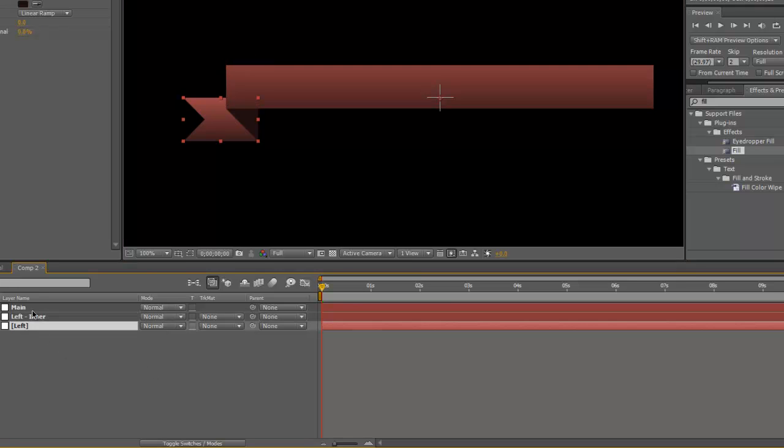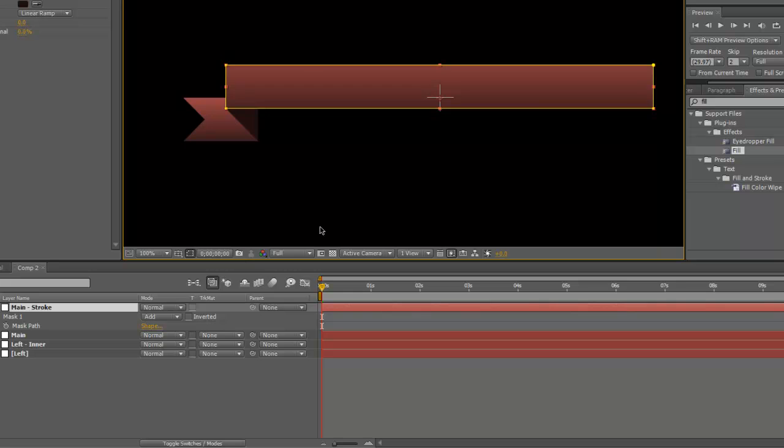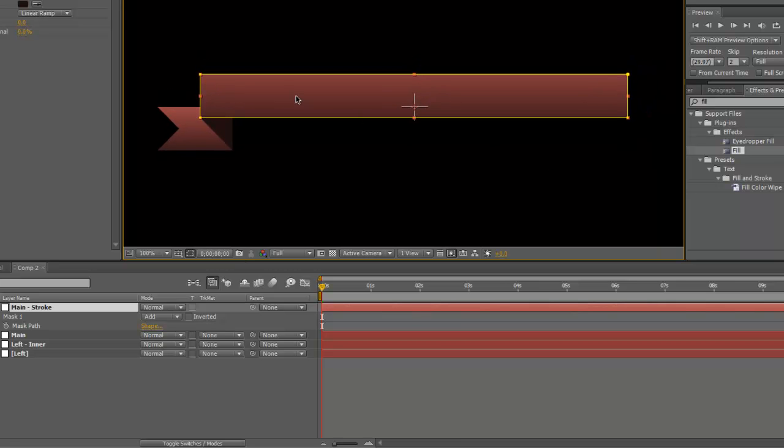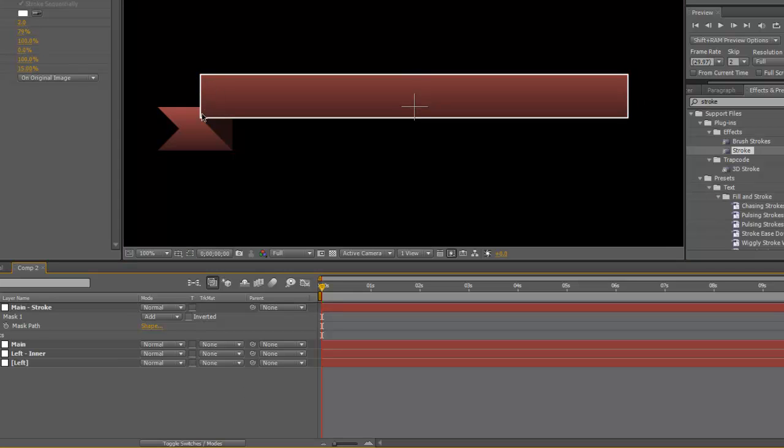So let's start with the main here. We're going to duplicate this. Call this main stroke, right? And we have a mask on here. There's a couple things we need to do here. If we add the stroke right away, we'll show you how. If we add the stroke right away, you see that it sort of adds the stroke on this part, on